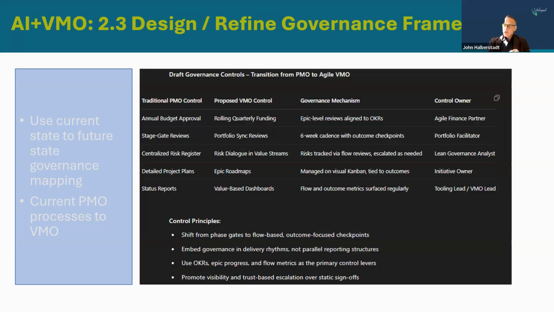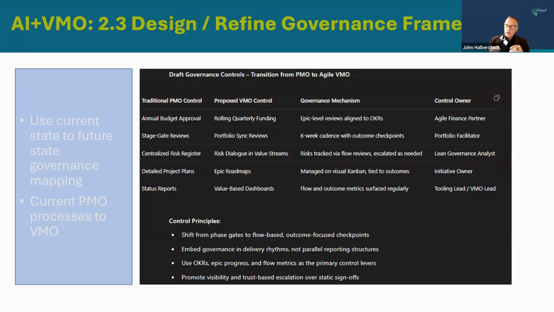So this is a way to show stage gate reviews. Now we have this approval. It happened in a portfolio sync rather than a stage gate, or I'm looking at the data that's in JIRA. Whatever that is, though, how helpful would this be during an audit, or to work with your risk management team if they're the ones who are going to go through the audit, to say, as we're moving towards this new construct, this new approach for governance, we changed the way that we did this, but we didn't get rid of the intent, this governance intent